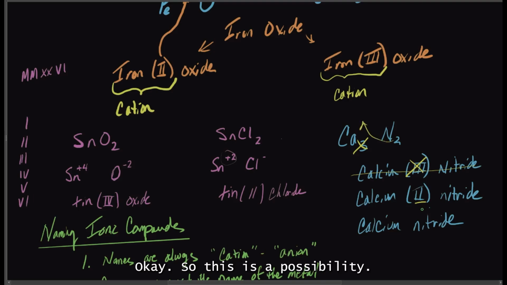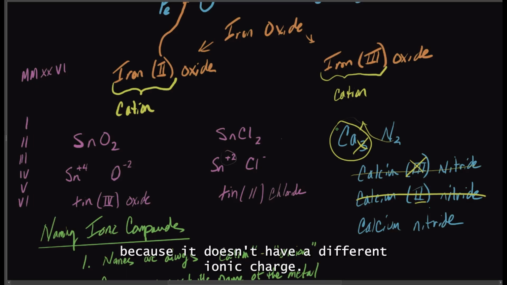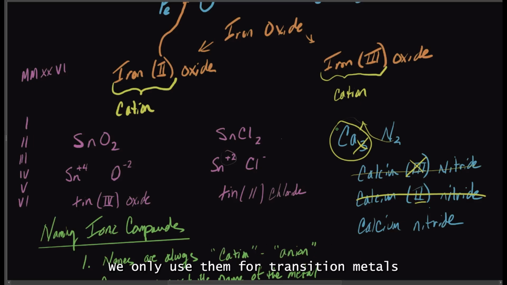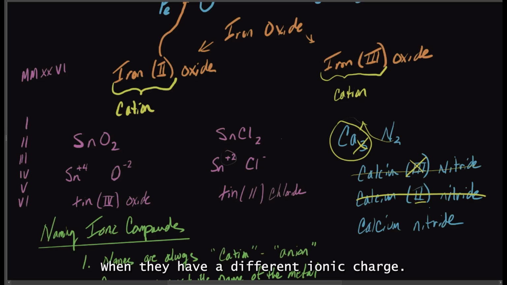Okay, so this is a possibility. However, it's also not the answer. Calcium is not a transition metal. Calcium is an alkali earth metal. It's number 20. It's over in the blues, right? It's in the S2 column, right? Therefore, you don't use a Roman numeral for it because it doesn't have a different ionic charge. We only use them for transition metals when they have a separate ionic charge. That make sense? Okay, so the conditions for using the Roman numerals are transition metals when they have a different